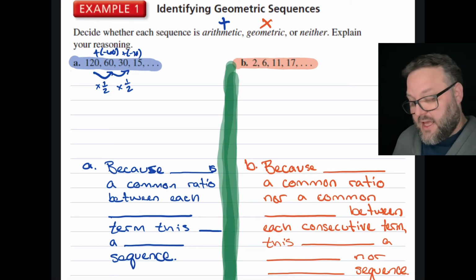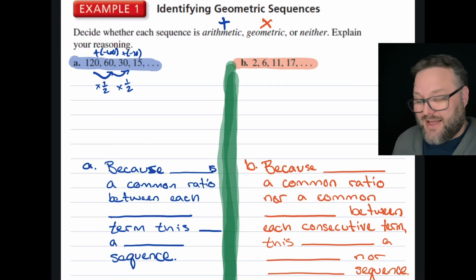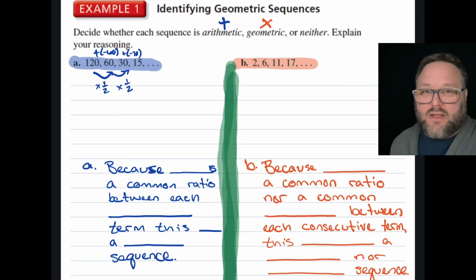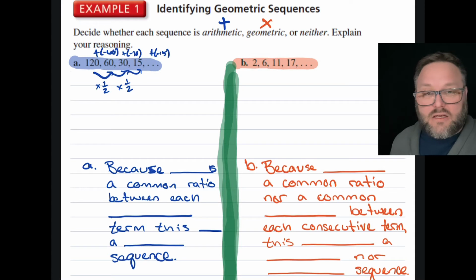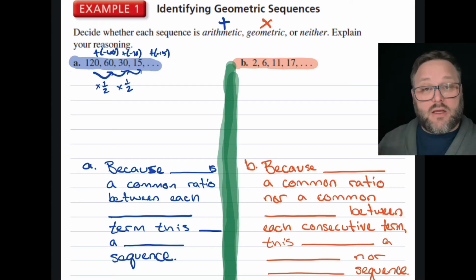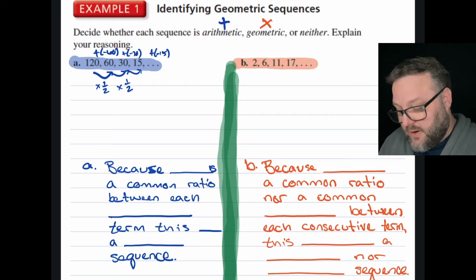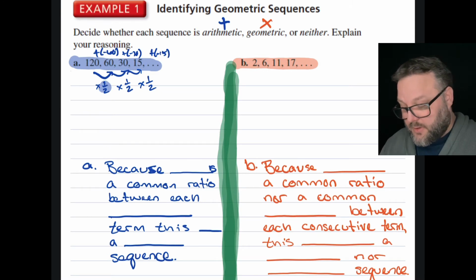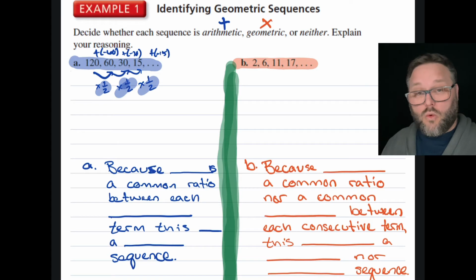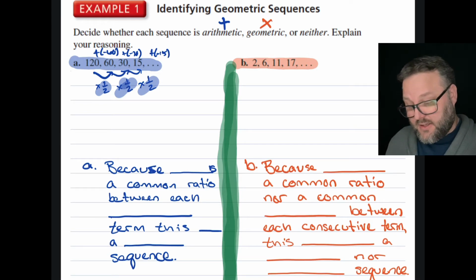In other words, it doesn't make sense to be subtracting a different number each time, because then I'm going to have to guess the number. The next number to go from 30 to 15, I'm going to have to add a negative 15. These numbers keep changing, but I'm looking for something to be constant or consistent. And if I look here, that means to go from 30 to 15, I have to multiply by 1/2. So since I'm constantly multiplying by the same number, 1/2, this is going to be a geometric sequence because there